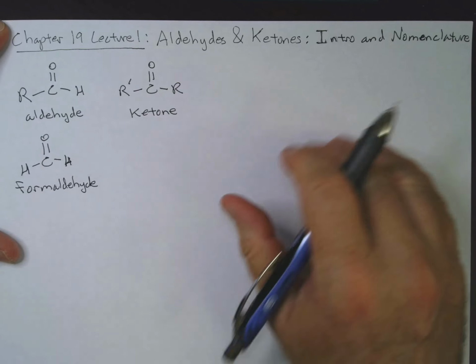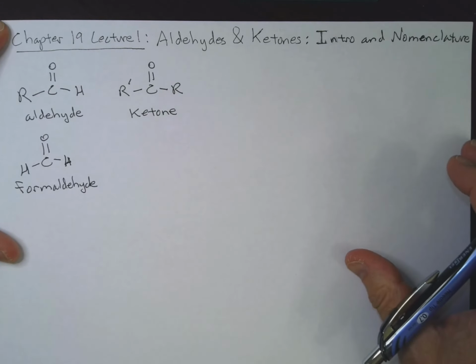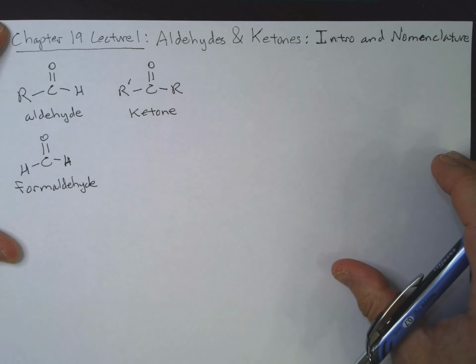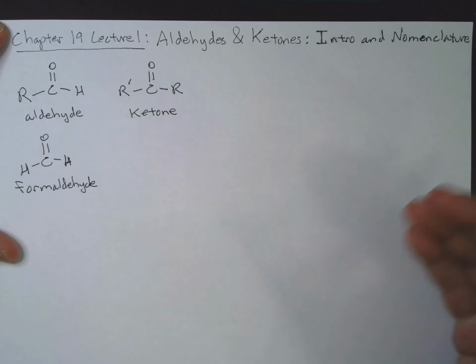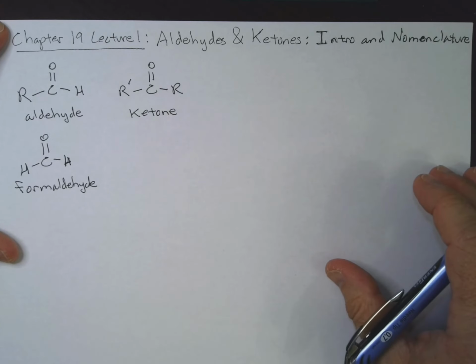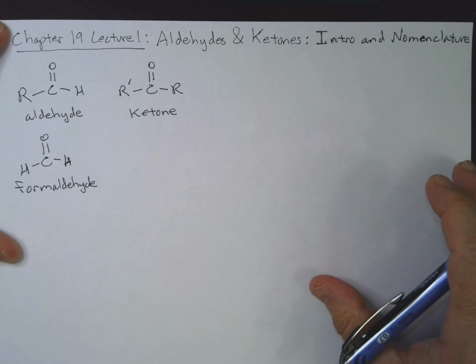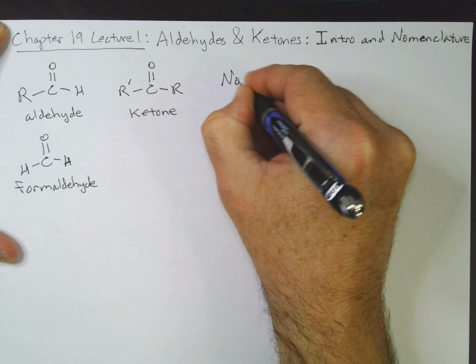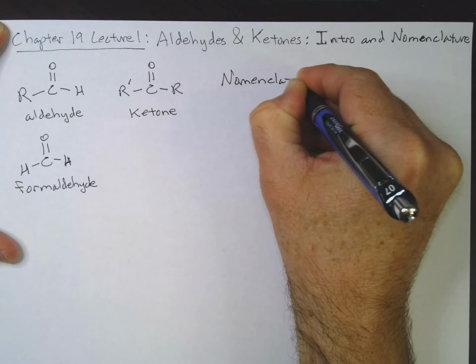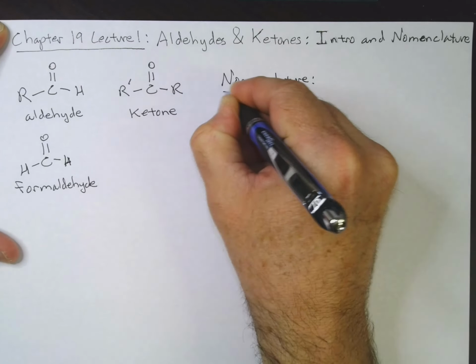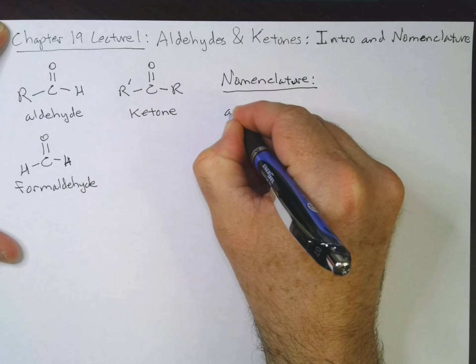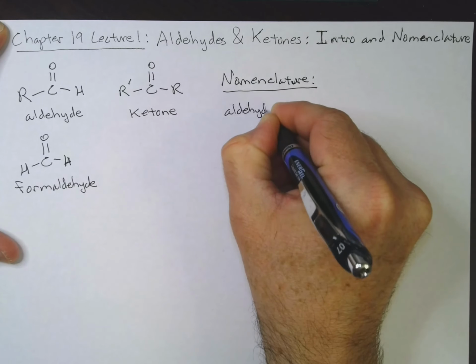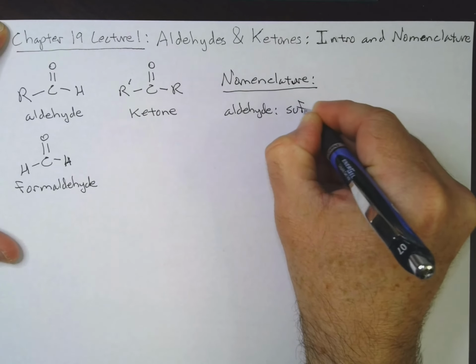Now, I do want to talk a little bit about nomenclature. I know I haven't done too much nomenclature so far this semester because we haven't really introduced new functional groups. We did talk about aromatic compounds, the whole ortho-meta-para thing, but we were talking about dienes earlier, and you already know how to name alkenes. So anyway, here we are. So for nomenclature, if we have an aldehyde, we're going to use the suffix